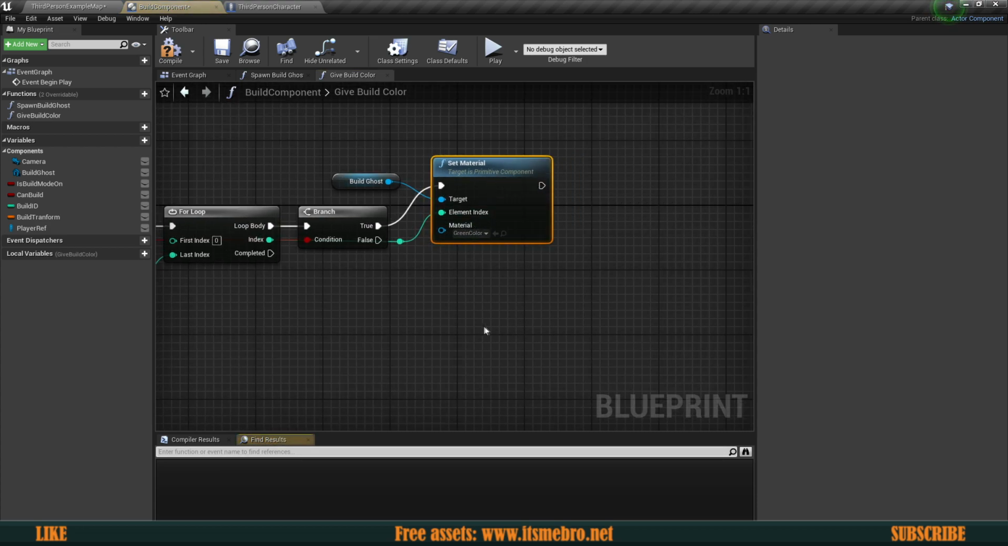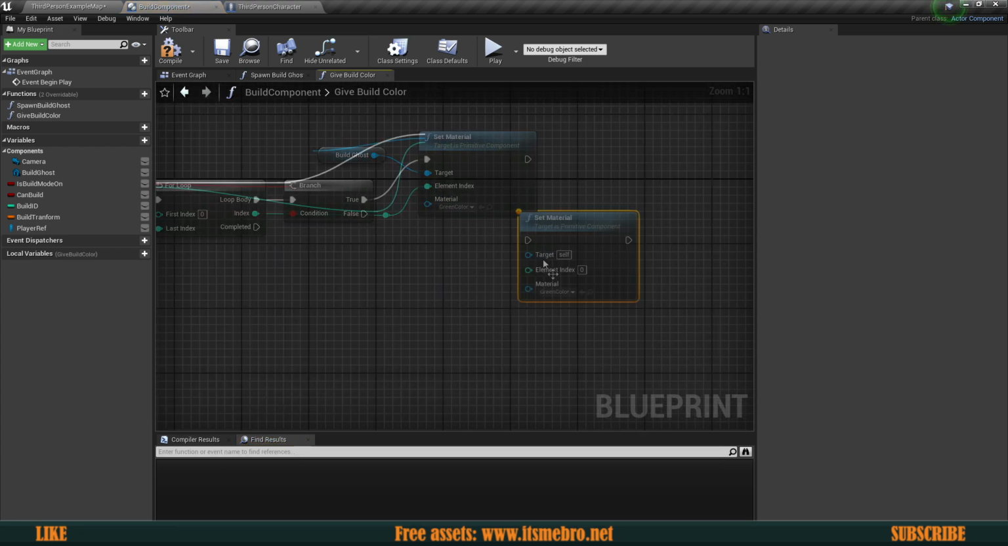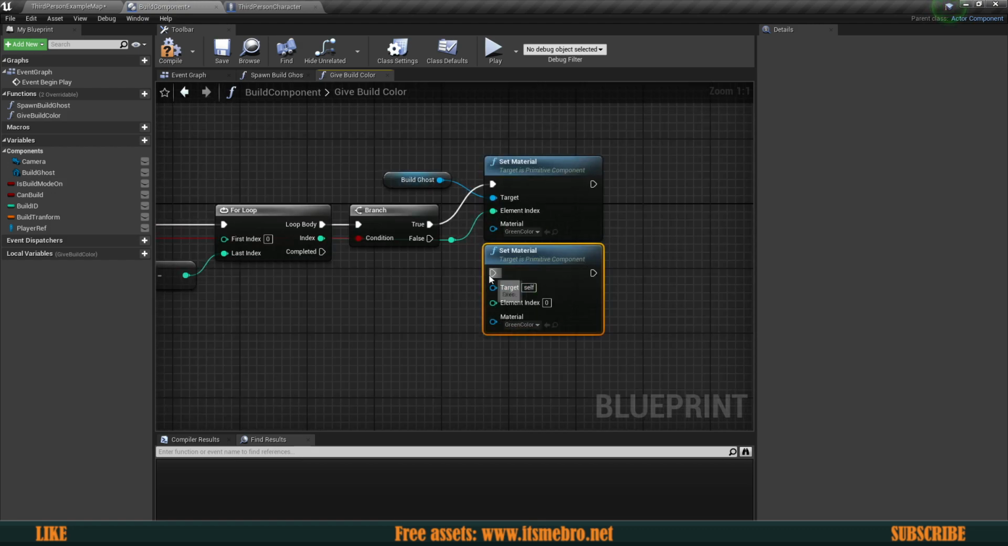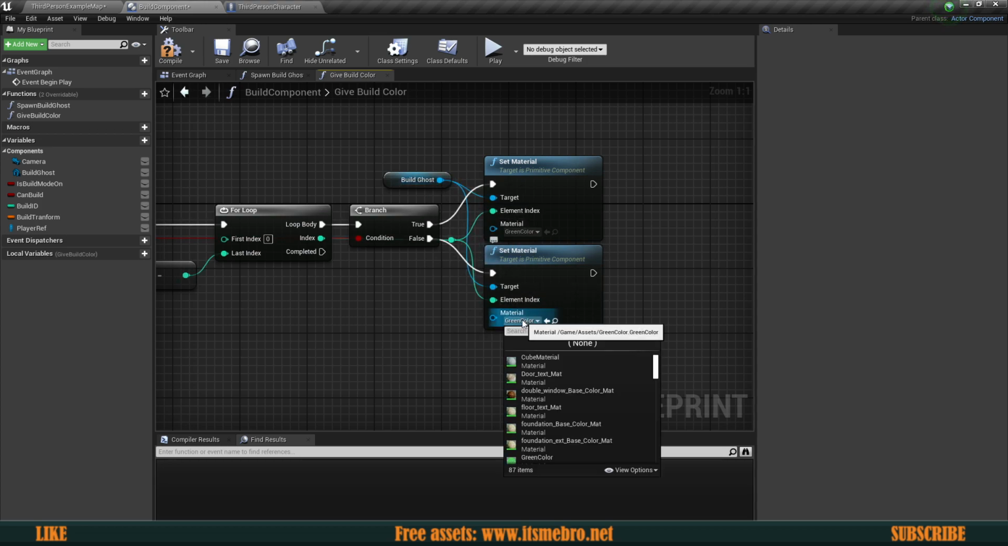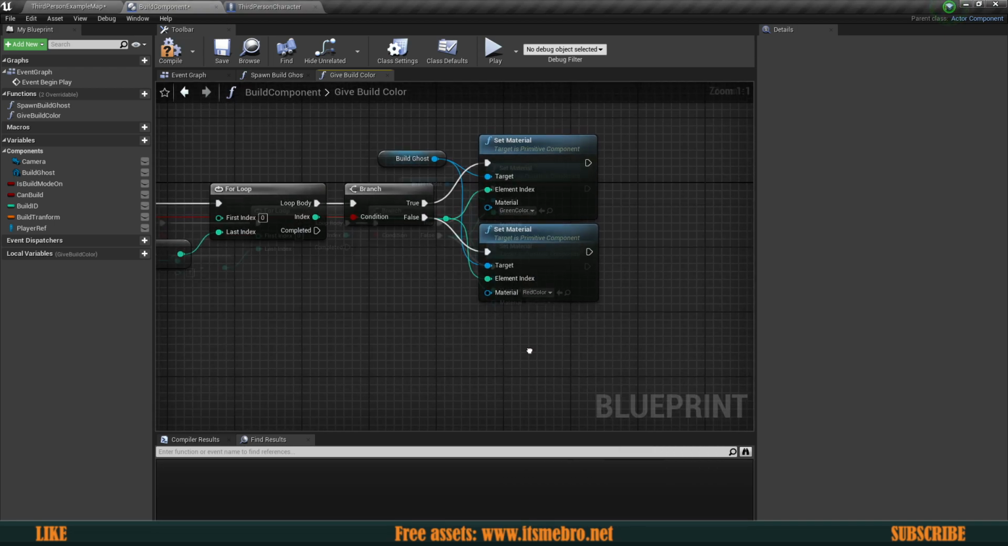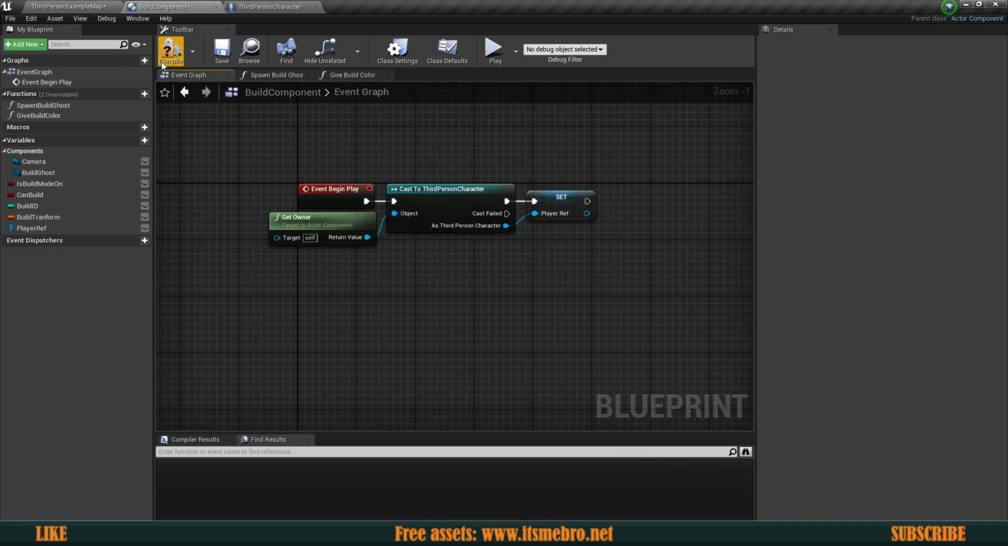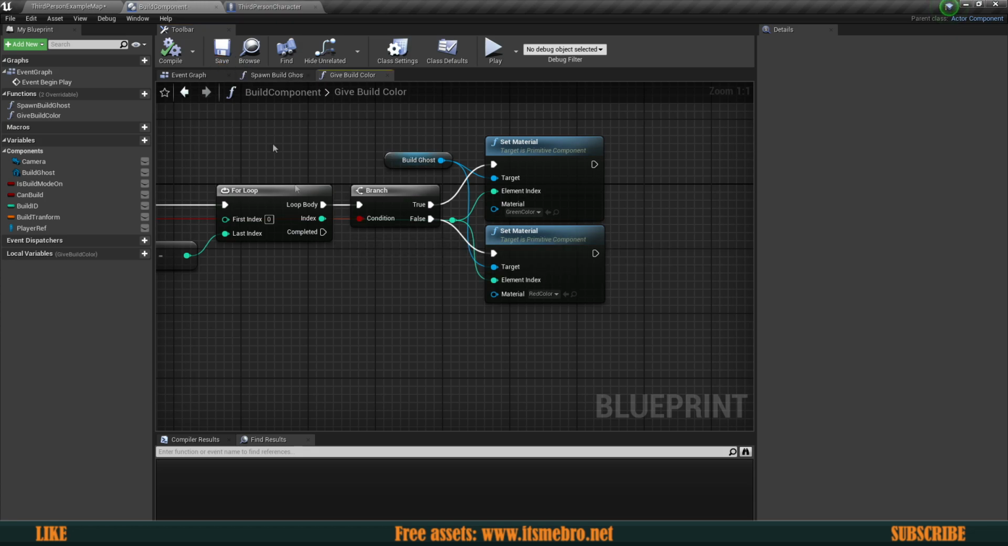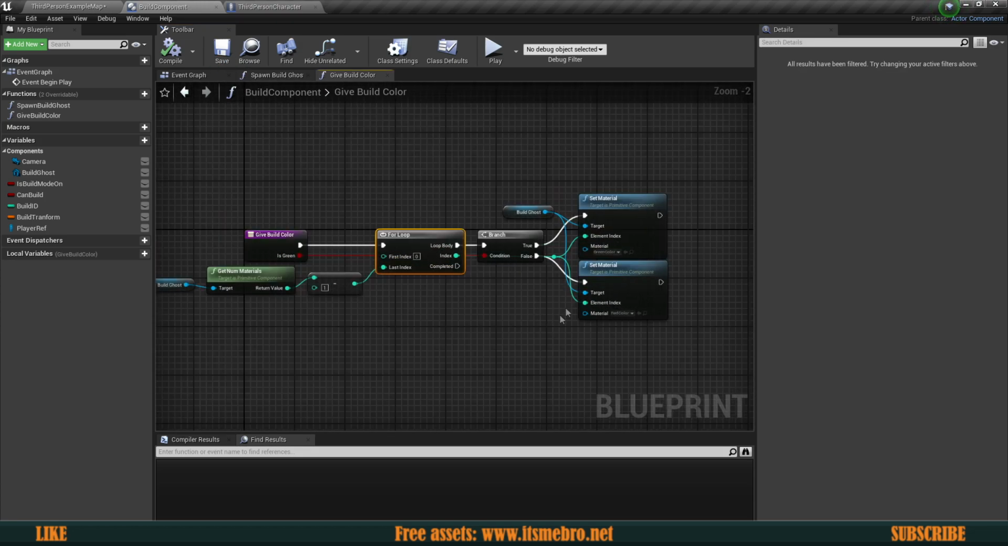My key is stuck. Here we go. There we go. So this is false. And then the index element index is the same. The target is the same, but the material in this one is the red. There we go. Now the last thing in this function right here is after it has completed its loop, after